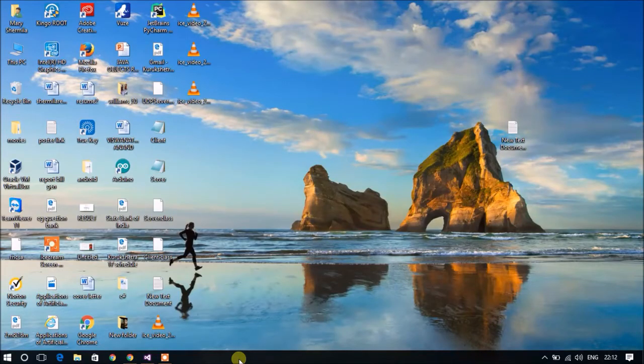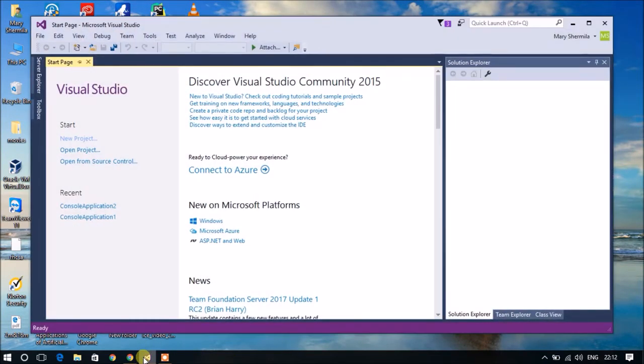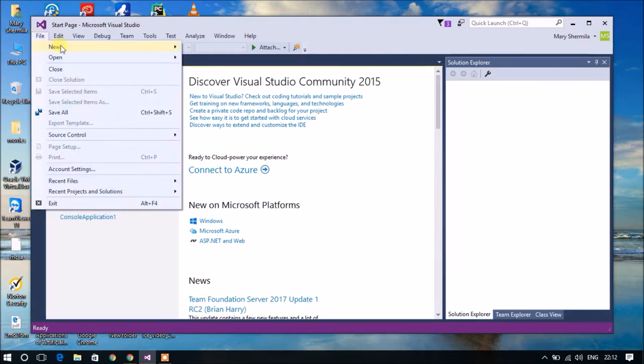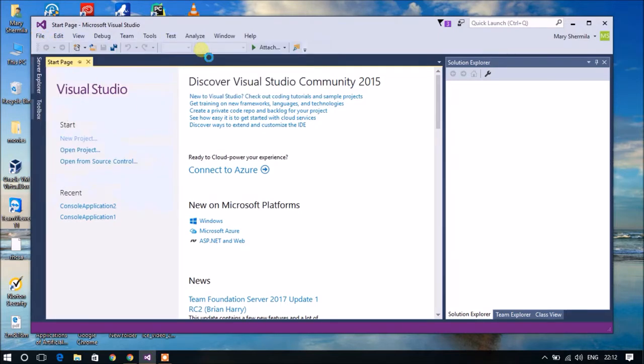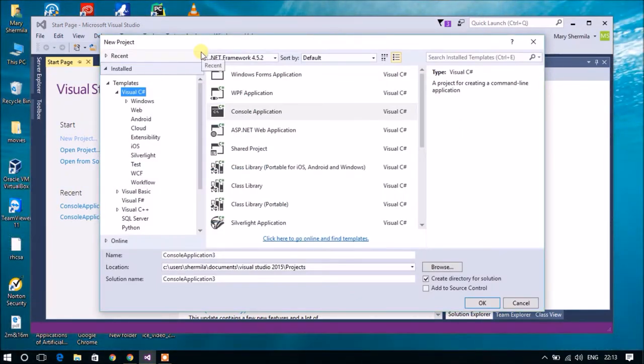On to the program, I am going to show a simple C# program which demonstrates the concept of multi-threading. I am going to do this program in an IDE called Microsoft Visual Studio, and you can download it for free from the internet. Initially I am going to go to File, New and Project, and here I have selected Visual C# and Console Application. You can give the name of your project here and click OK.